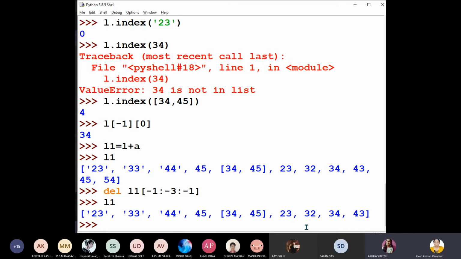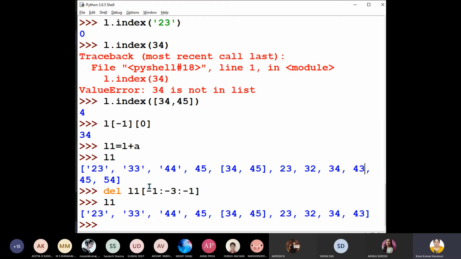Yeah. So now you can see, no? So -1 is 54. Then -2 45. -3 to be not to include, isn't it? This is the stopping index. Then how do we go? So one step behind, right? 54, then 45. Like that, we will be going in the reverse direction. Got it?